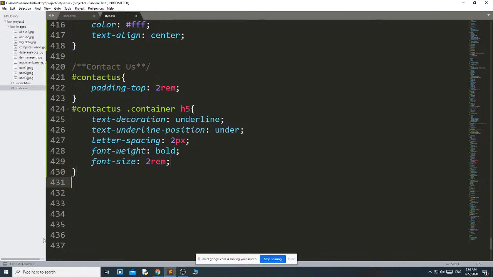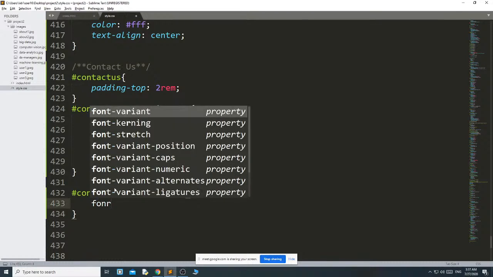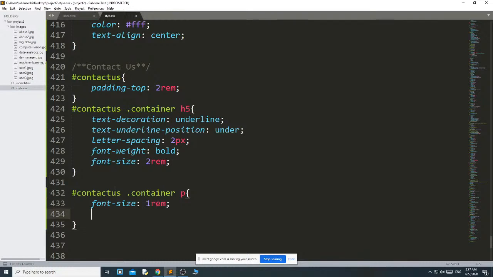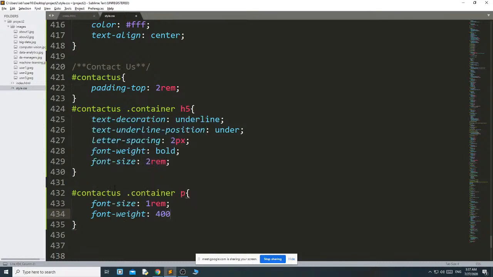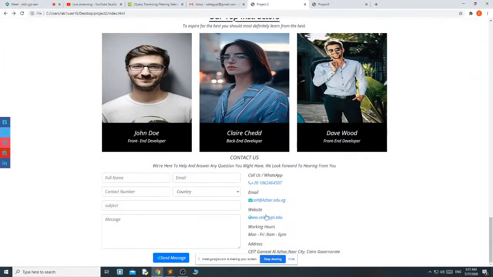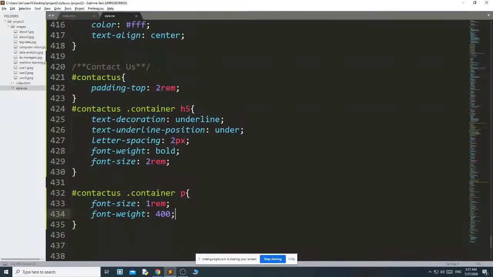Then the same thing for paragraph. For paragraph I have used font size 1 rem. Then font weight, I make it light. Okay, it will apply to all the paragraphs, meaning this one also, which we have also written in a paragraph. Okay.